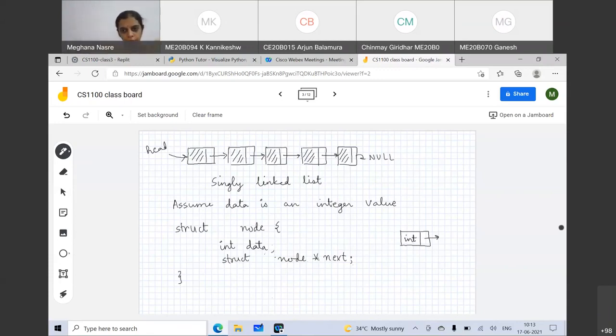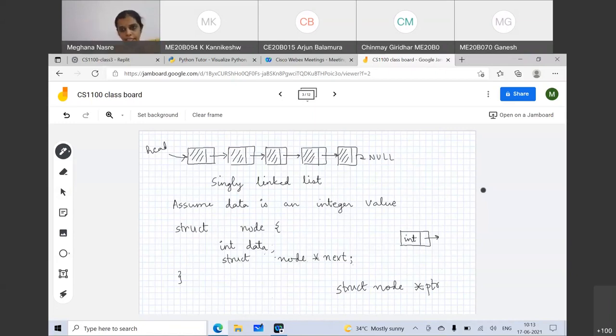So all throughout my program, I will have to use this repeatedly. Let's say I want to define a pointer of this type, then I say struct node star ptr. It means that ptr is a pointer which is pointing to struct node,